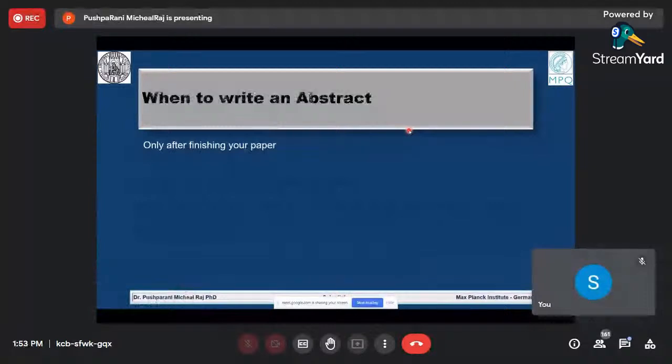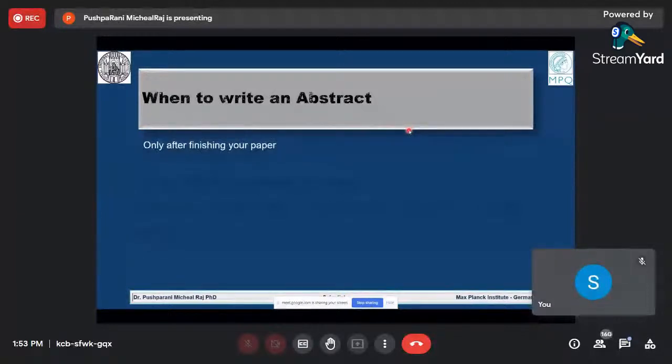This is a very nice question because we can't start with an abstract. It's not the right way of doing an abstract. It has to start only after finishing your paper, because after finishing the paper, you will have a holistic view of what you have written so far. And in a natural way, people will get tempted to write down everything they have done so far. And that is about the paper, not the abstract.